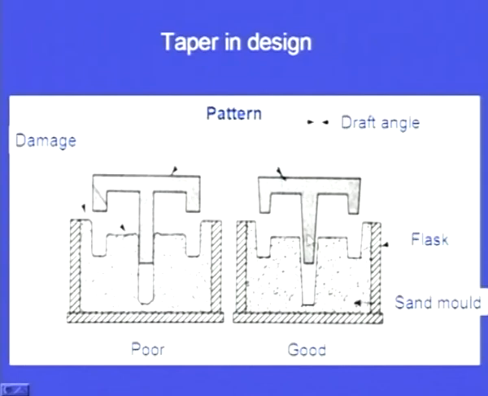In the other case, here we can see the pattern where we have given the draft, the vertical surface is tapered. Now, after compaction of the sand is over, when we try to withdraw the pattern, it becomes easy to withdraw. So, this is easier. In this case, the mold will not break, the mold will not be damaged. So, this is safe, this is desirable. So, in this case we have given taper allowance, this is desirable,